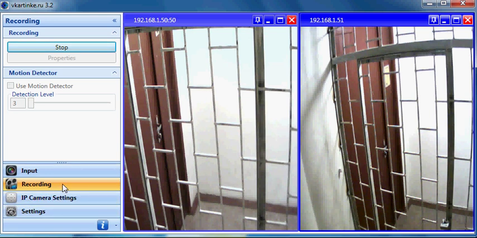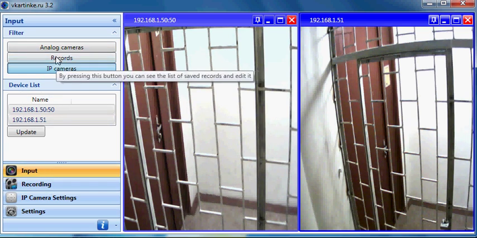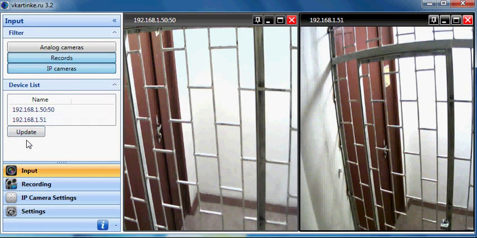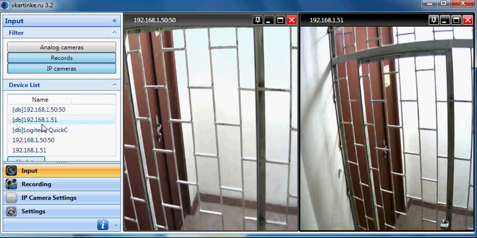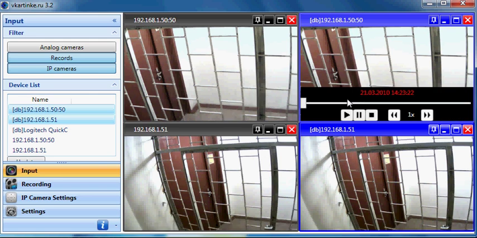Okay, now it is recording, and I go to input tab again and click records. But now for the first time I need to click update. So I can see here the recorded cameras. It is marked with dB prefix. So I select them two with Control key and mouse and click View. So here appeared these two cameras,